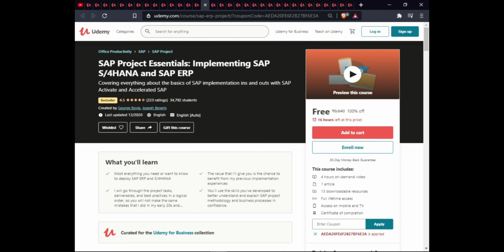The next is SAP Project Essentials: implementing SAP S/4HANA and SAP ERP. In this course, you will learn everything about the basics of SAP implementation, the ins and outs of SAP Activate, and Excel in SAP. This course includes 4 hours of on-demand video, 1 article, 13 downloadable resources, full lifetime access, access on mobile, and